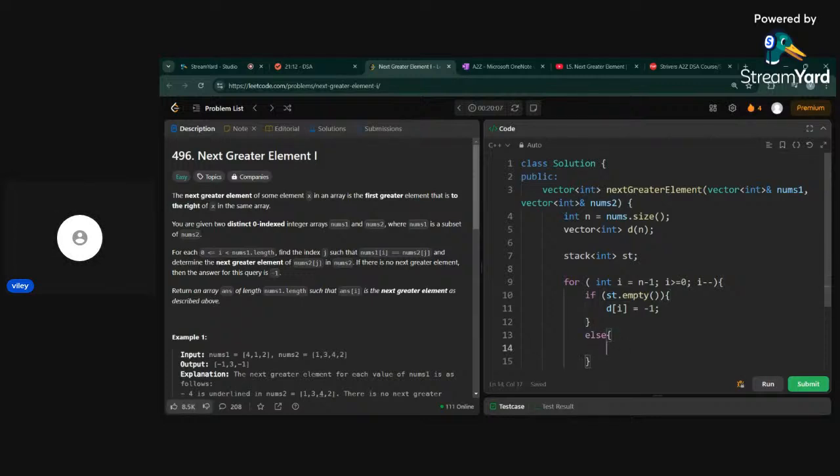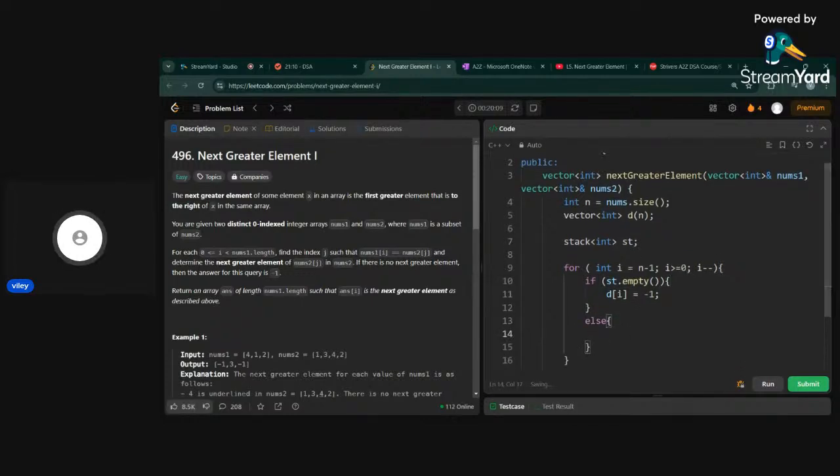Otherwise, if the stack is not empty, and if the value of the top of the stack is greater than the current element, which is nums2 of i, then we will set the value